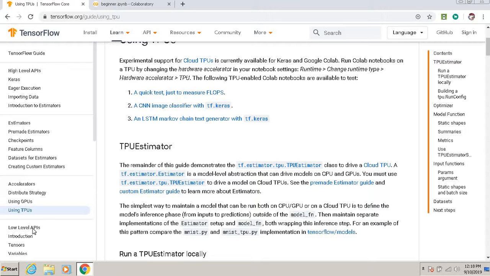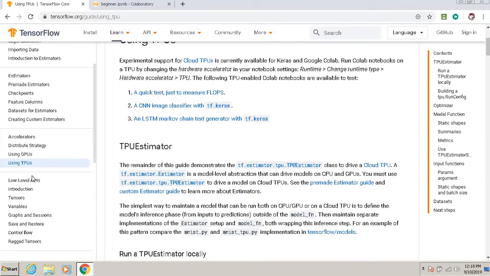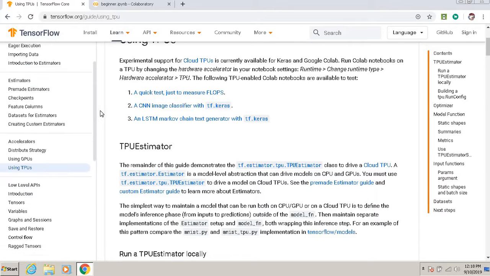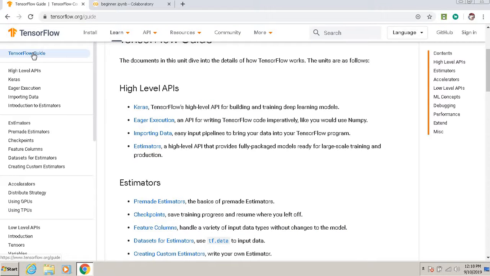Now we come to low level APIs. Let's come back to TensorFlow, then from where we will go for that. So already we have discussed these things.